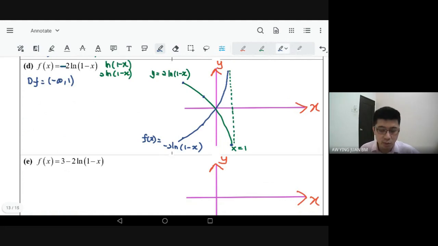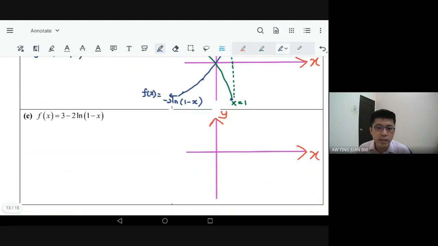Akhirnya, rujuk graf biru, range dia adalah negative infinity until positive infinity. Sebab nilai paling rendah adalah negatif, nilai yang paling tinggi adalah positive infinity. Boleh? So, graf yang terakhir untuk log. So, anda perlu rujuk ya graf yang warna biru ini. Okay? So, kita anjak